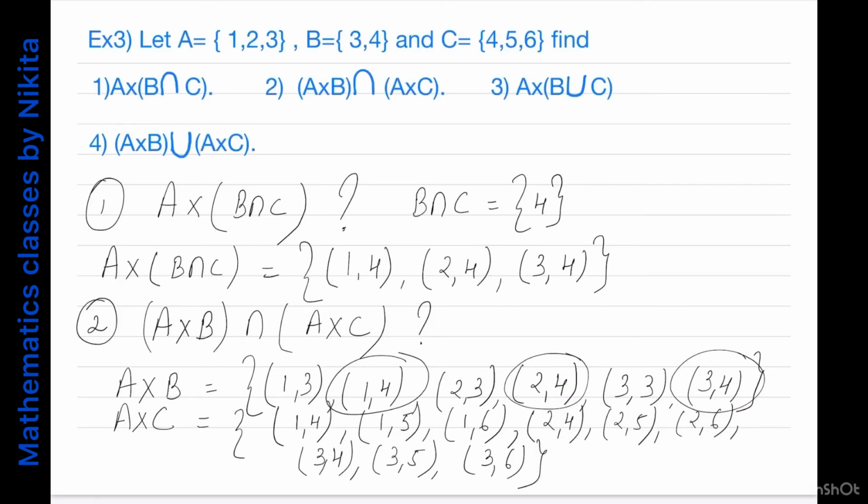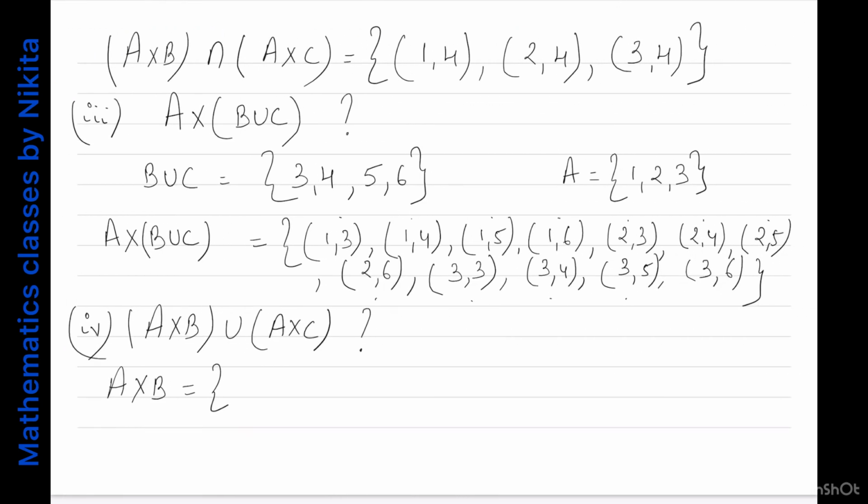So you just have to take their union. Union means you have to write all the elements of A cross B together with all the elements of A cross C. So let me write directly what is their union. A cross B union with A cross C is equal to